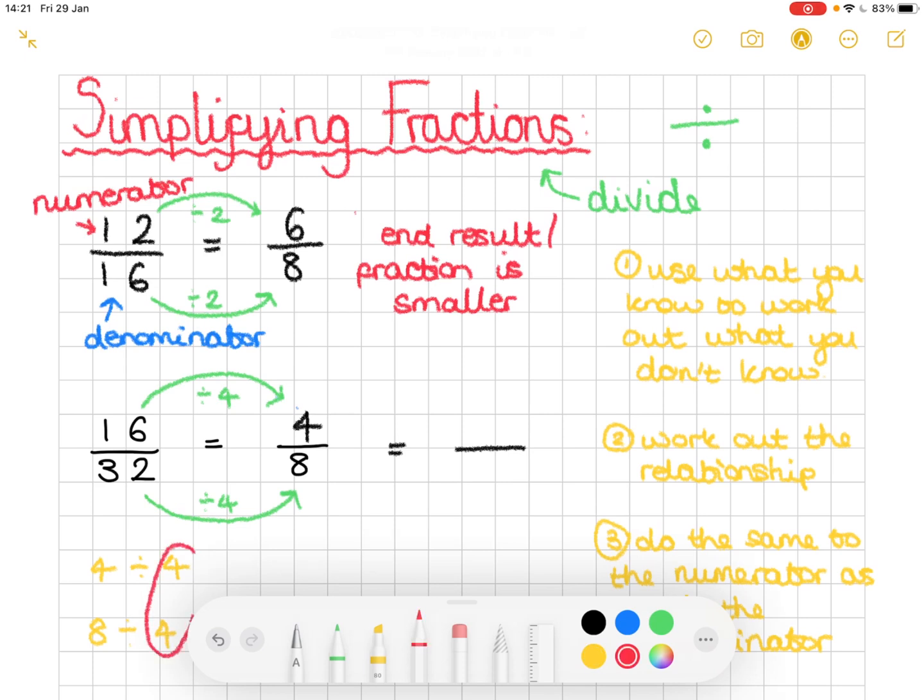Okay, and we know that 4 here is our common factor. So that links way back to when we looked at factors. Okay, so we do 8 divided by 4 over here. 8 divided by 4 is 2. And if you haven't guessed it already, 4 divided by 4 is 1. So 16 32s is equivalent to 4 8s, which is equivalent to 1/2. 16 32s is the same as 1/2. All we've done is we've simplified it and we've put it